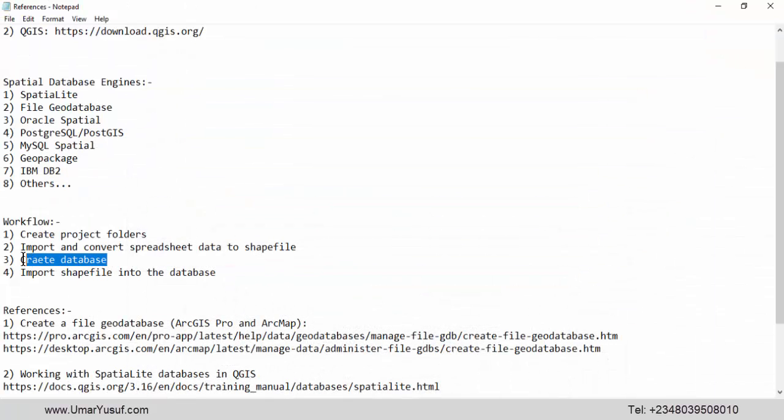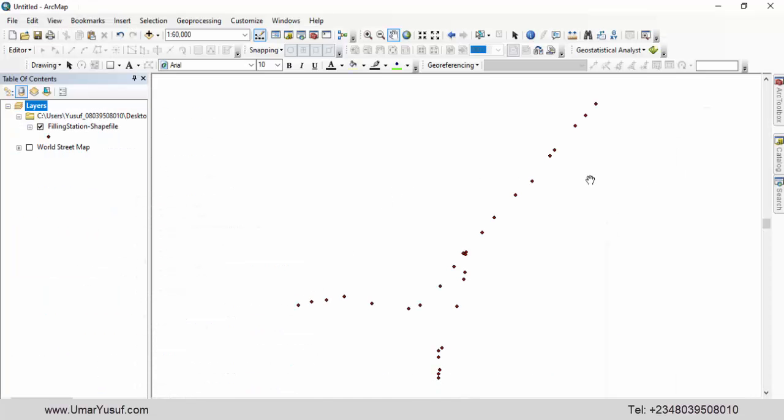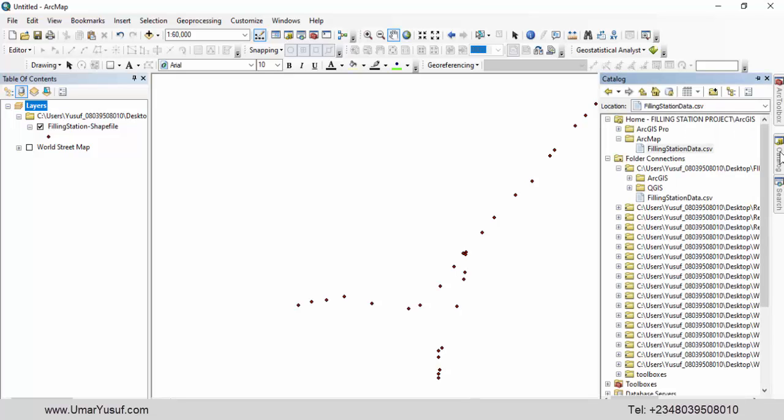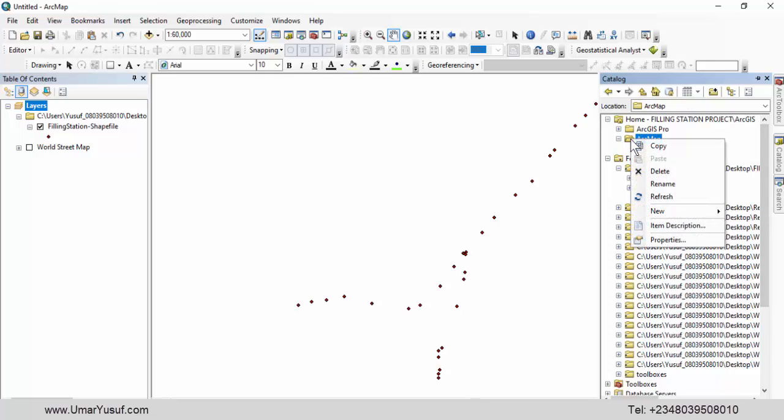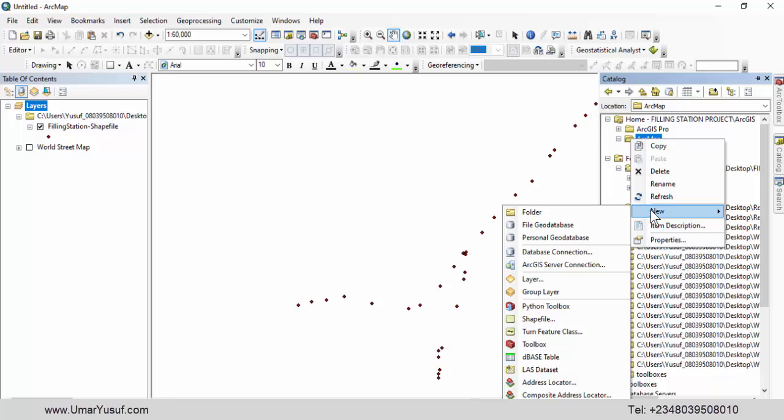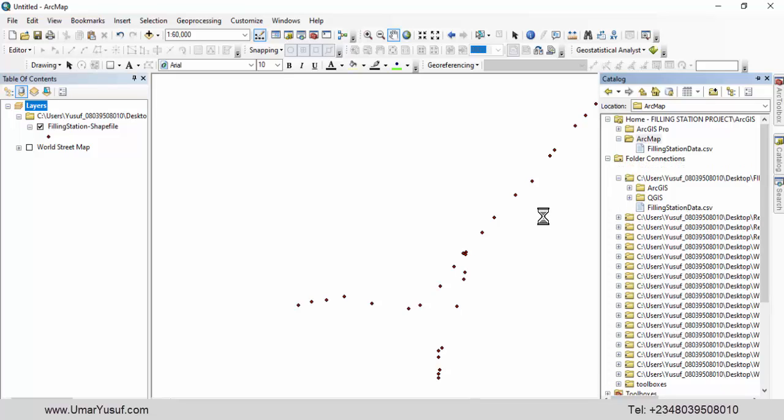Now we need to create the database. So if I go back to ArcMap, to create a database, I will need to go back to the catalog, then right click on the folder I want to create the database in and go to new. So here I will select file geodatabase, not personal geodatabase. Make sure you use file geodatabase because that is the most advanced database compared to the personal geodatabase. This one is the old database used by ArcGIS before it was improved to file geodatabase. So select file geodatabase